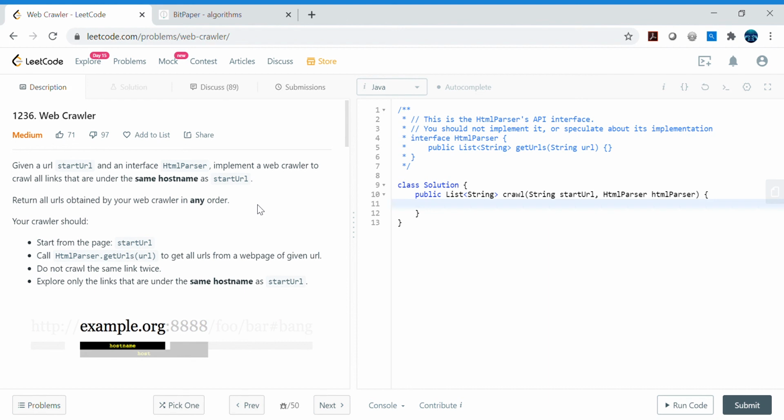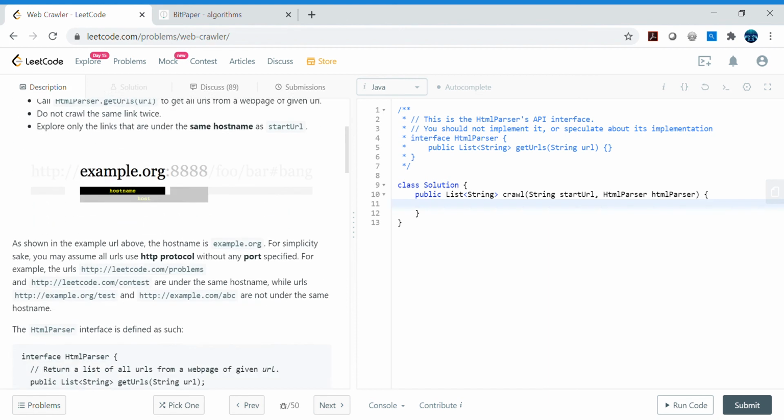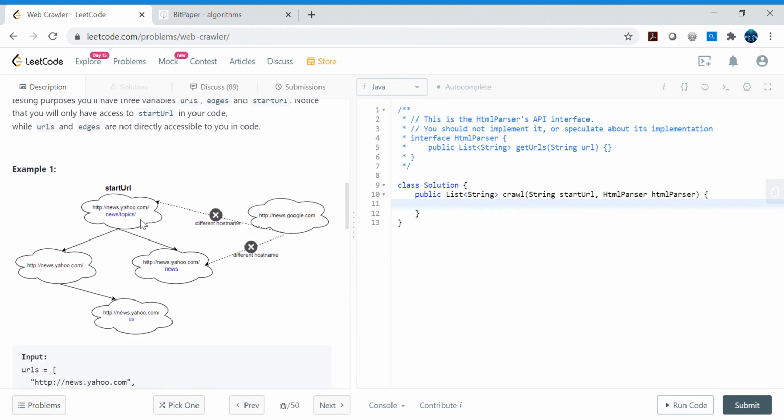For example, if we visit news.yahoo.com, the web crawler travels through all the related URLs, like news.yahoo.com slash topics, the different web pages.